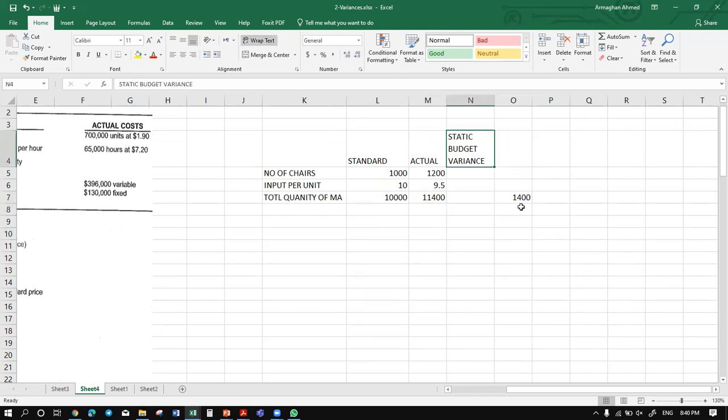In static budget variance, if you see it, you are using 1,400 more material. So that will look unfavorable, right? That will be unfavorable. But if I want to calculate the flexible budget,